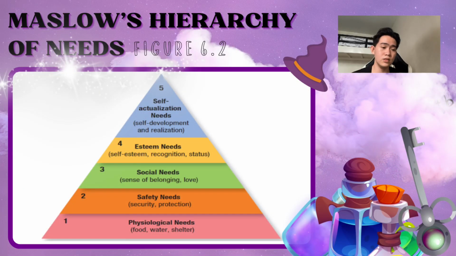So for Maslow's hierarchy of needs, this slide shows Maslow's ideas that people have different levels of needs. The most basic needs are things like food and water. After that, people want safety, like a secure home and a job. Then they seek love and belonging, followed by self-esteem, which comes from respect and confidence. At the top, people try to be their best selves, which is called self-actualization. If basic needs aren't met, it's hard to focus on bigger goals.